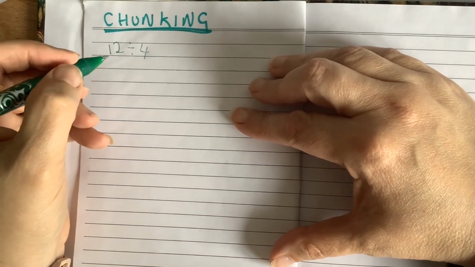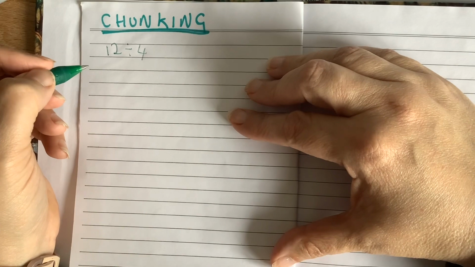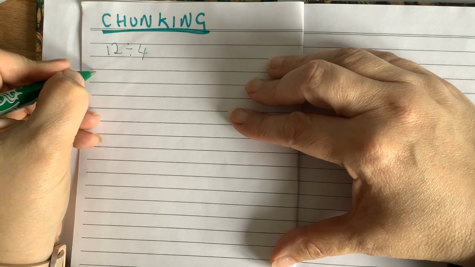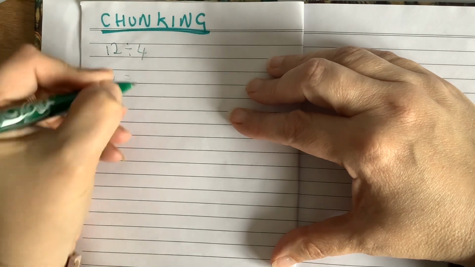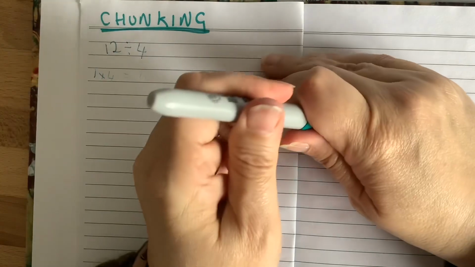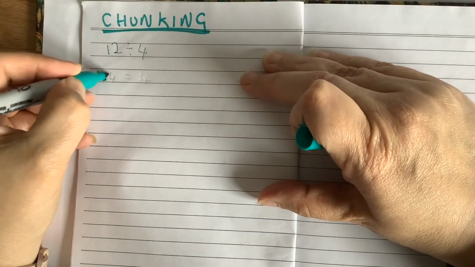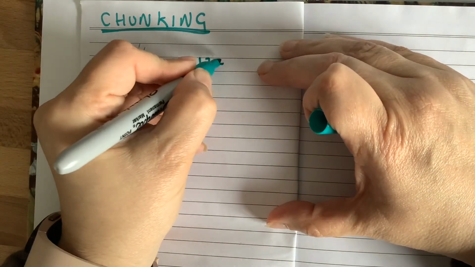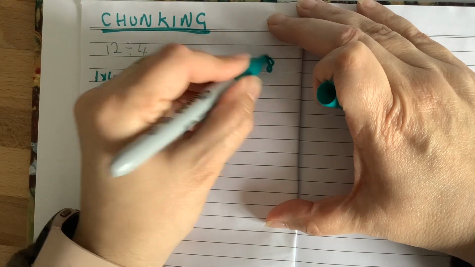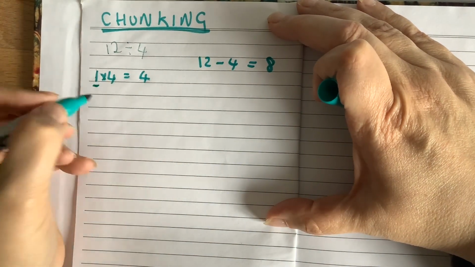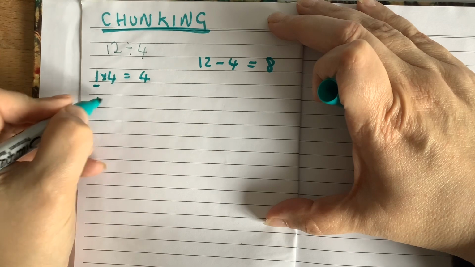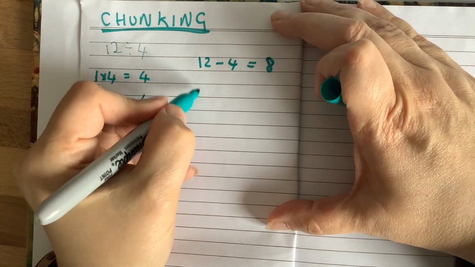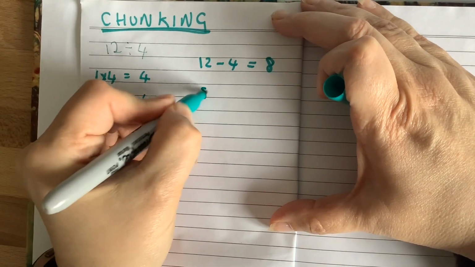What we need to do is take 4 away from 12 and see how many times we can do it. So if I subtract one lot of 4 from 12, 12 take away 4 equals 8. I've done it once. If I did it a second time, I'm just going to write this out formally, it's a bit weird, but you'll see why I'm doing it in a minute. If I then take 4 away from 8,